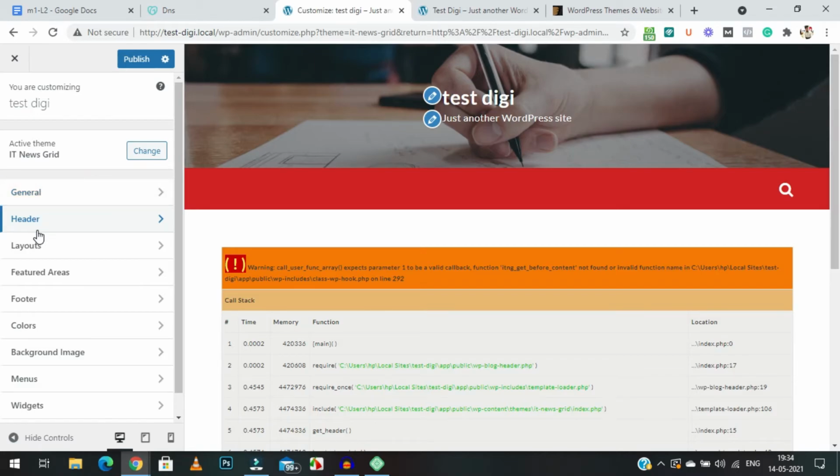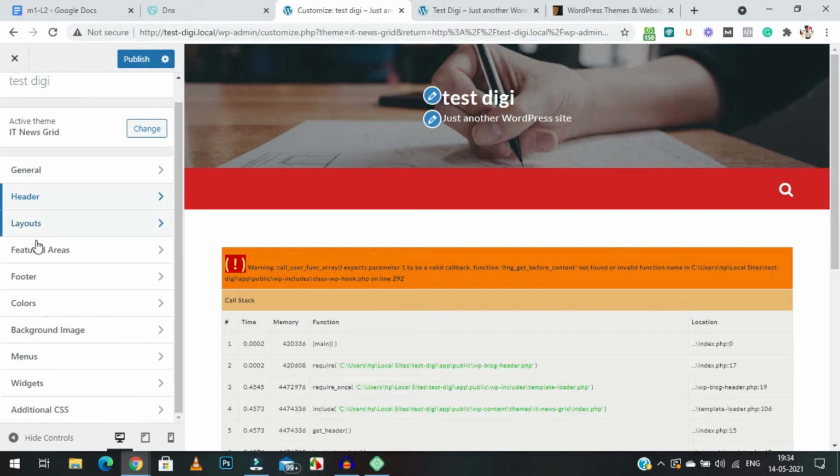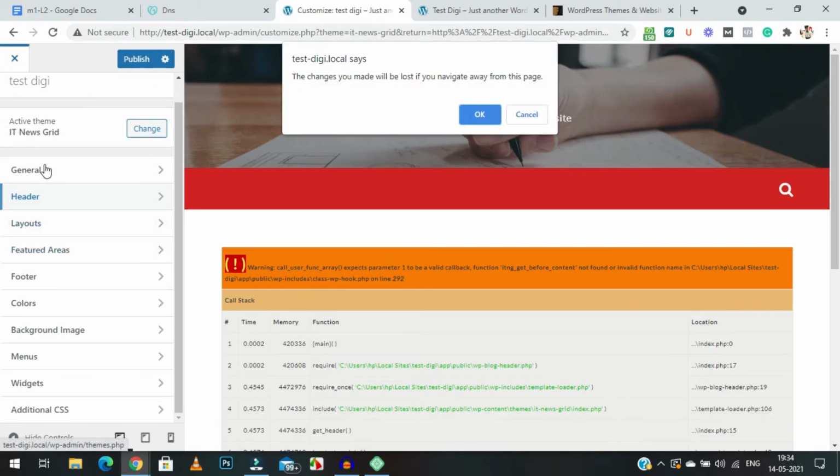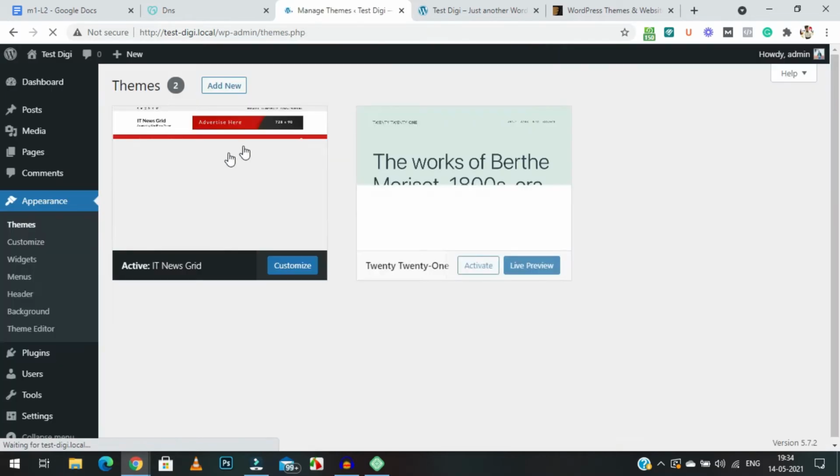So just go and download that from the LMS section. You will find it right there. You just need to click on the download button and download the PDF right away. It is a step-by-step guide for you on how to actually set up a website from scratch. So this is something you need to do. After customization, just click on publish, and yes, it will get everything fixed for you.